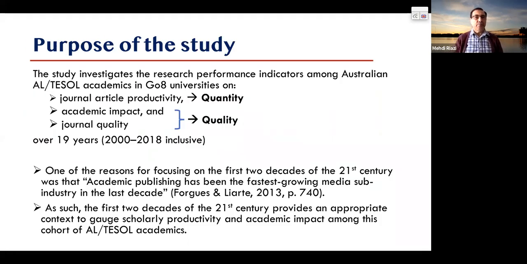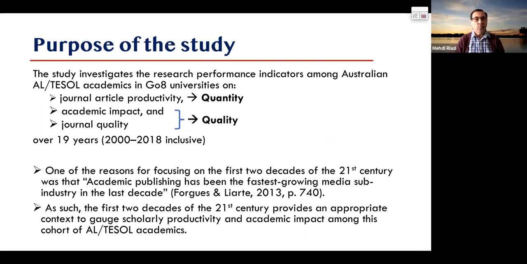And so the purpose of this study was to investigate the research performance indicators among Australian applied linguistics TESOL academics in Group of 8 universities on journal article productivity, which relates to quantity, as well as academic impact and journal quality, both of which refer to quality, over 19 years, 2000 to